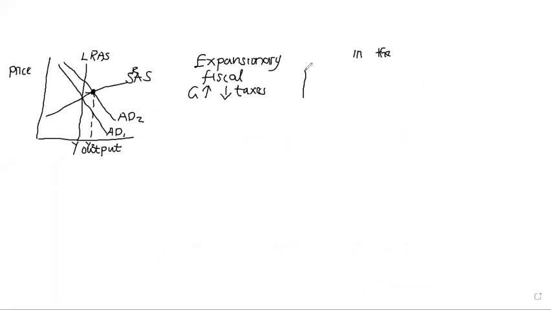But in the long run, given a vertical supply function, you know that this is what you have. This is the AD. If the government carries out expansionary fiscal policy, the AD will come here. You've seen that output is not changing. We're still remaining at the point Y star. But what is changing here is the prices.